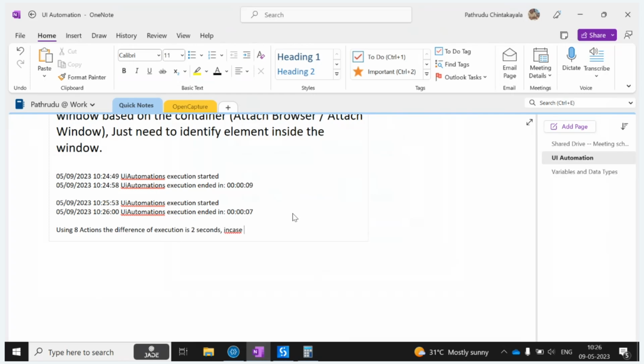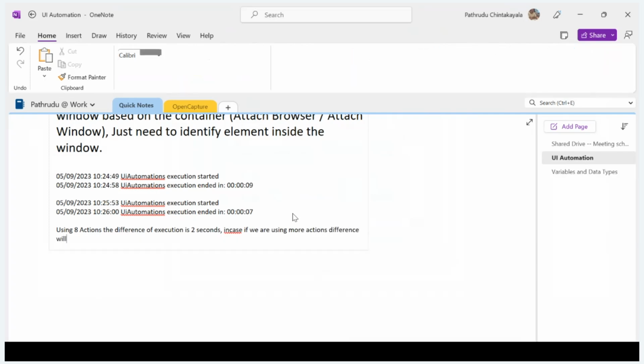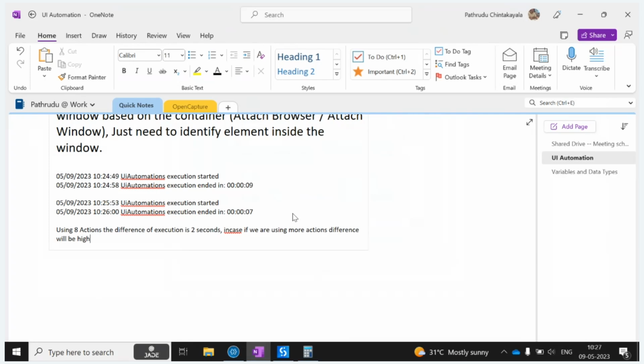In case we are using more actions, the difference will be higher, which means